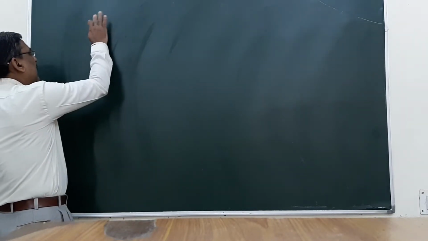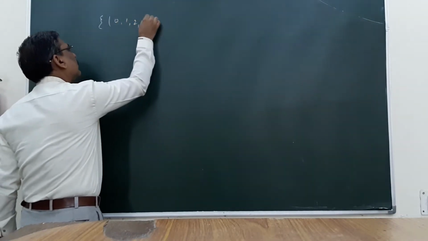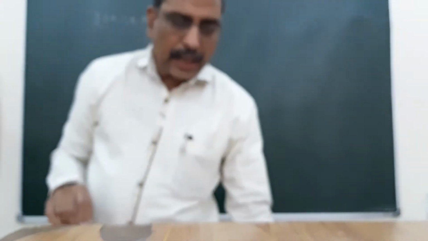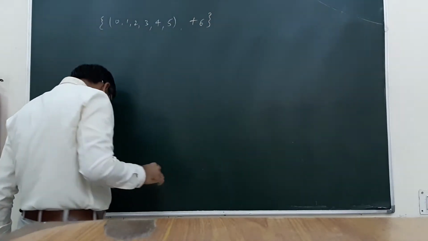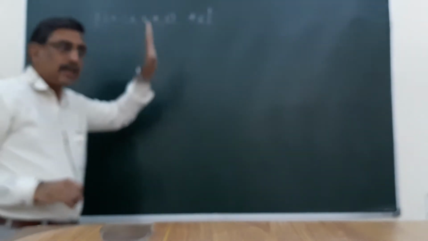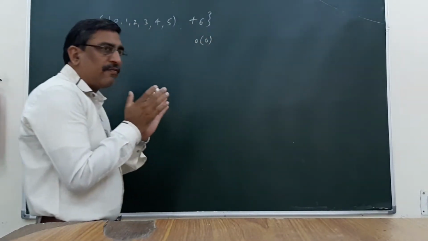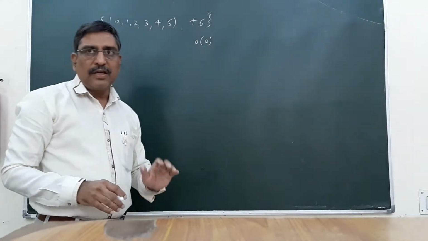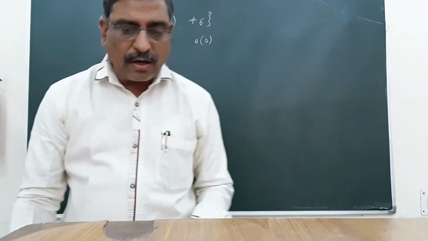Say I take two or three examples. Say this is 0, 1, 2, 3, 4 and 5, and the operation is additive modulo 6. So let us try to find out the order of these elements. Order of 0. What will be the order of 0? The identity of this set along with this operation is 0, or 6 will be equal to 0.